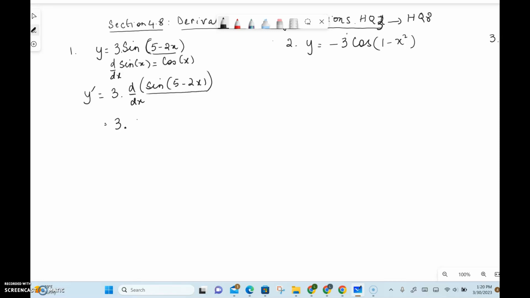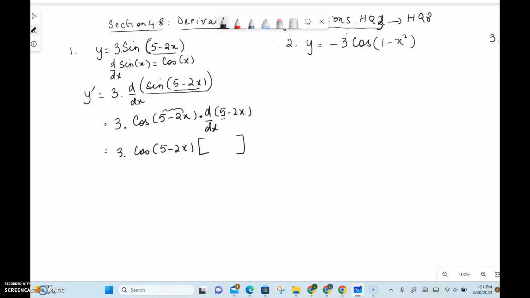So the outer function is sine. So differentiating with respect to 5 minus 2x, we have cosine of 5 minus 2x. Do not change this. And then you go d by dx of the inner function. And the inner function is 5 minus 2x. So we have 3 times cosine of 5 minus 2x times, since it's a product, just putting parentheses, d by